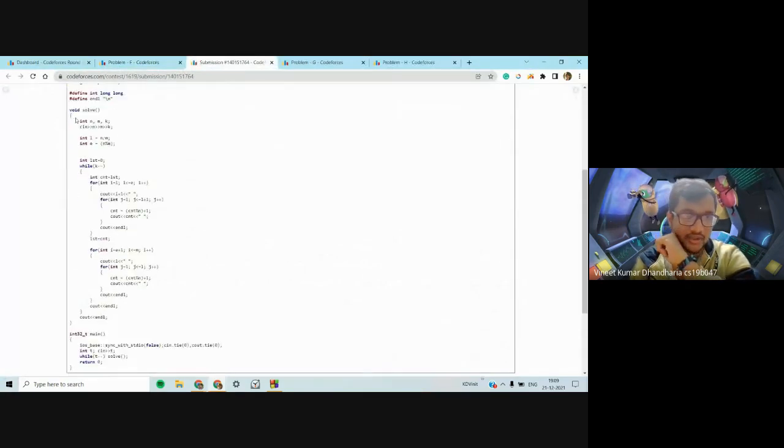Okay, so this is the code. You have n, m, k. You take in the input n, m and k values. L is n by m, which is what each of them would get, and e is the remainder, so n percent m. So e is the extra. So basically, e tables would get one more player. Last is the number of the person who got the benefit last.